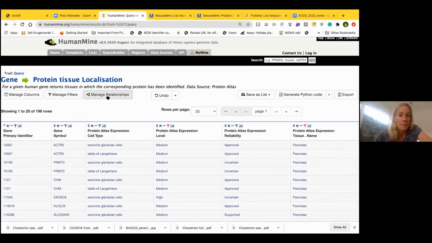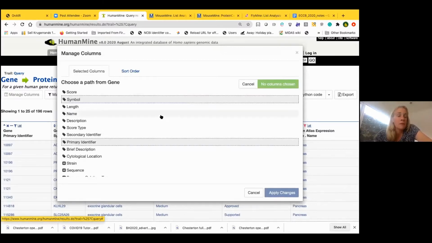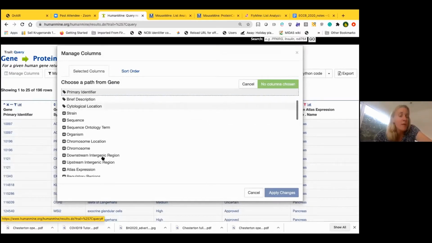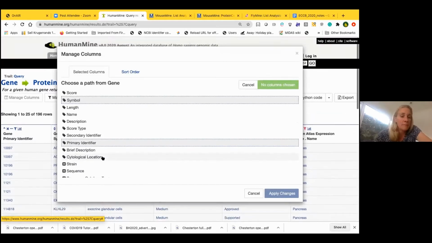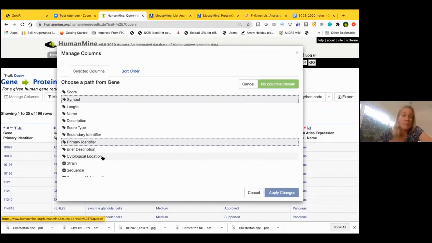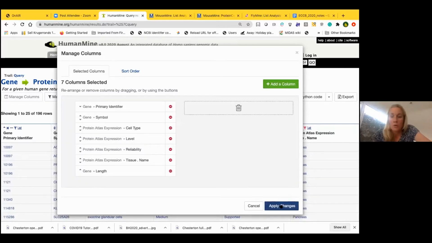So let me now just show you a little bit more about the functions along the top here. So we have something called manage columns. So if you click on that here, you can use this just to move around the columns or delete them if you want. But quite usefully here, you can add a column. So this shows the gene class, the attributes of the gene class, and you can scroll down and access all the other classes related to genes. So it's sort of like building a query. You can add a column from any other class. It may not make sense if you had something silly, but just an example, I will select the gene length. Add one new column, apply the changes,